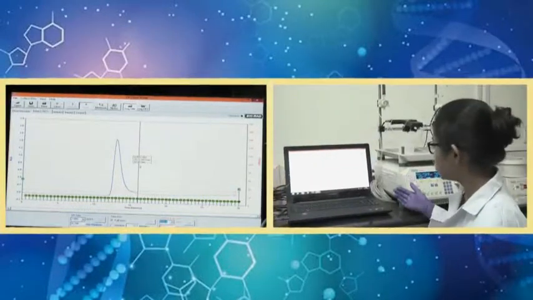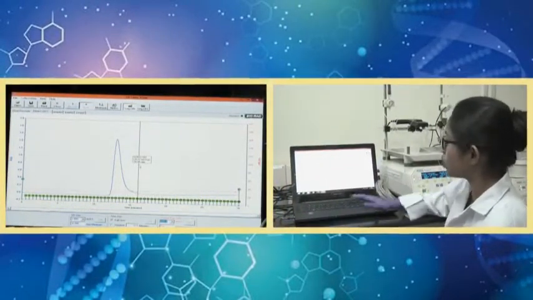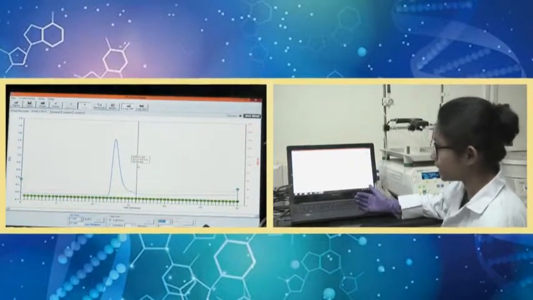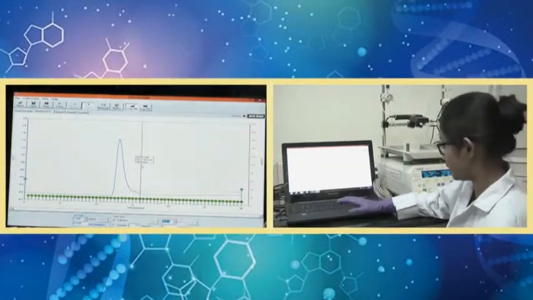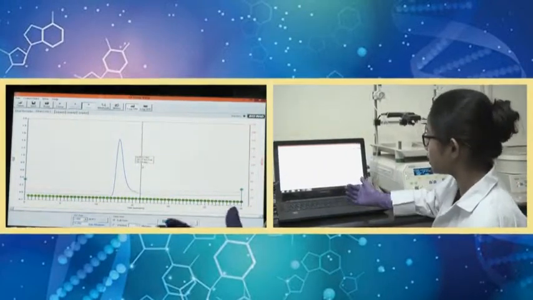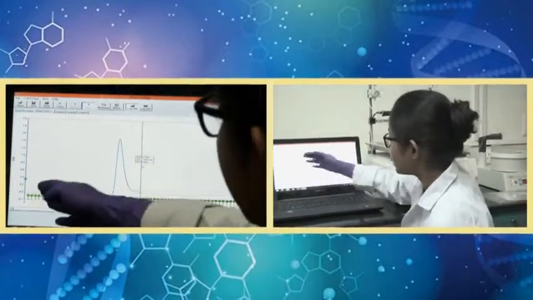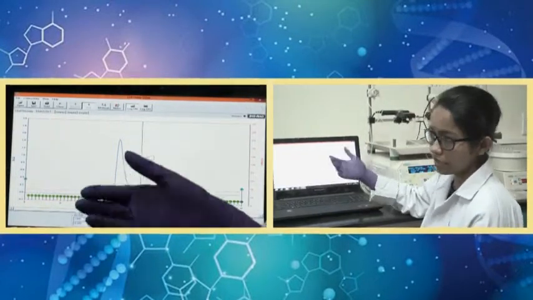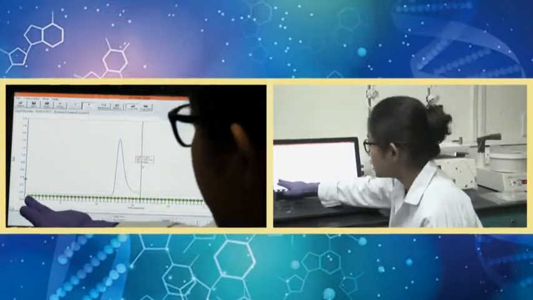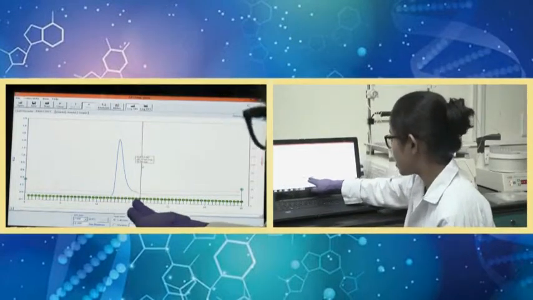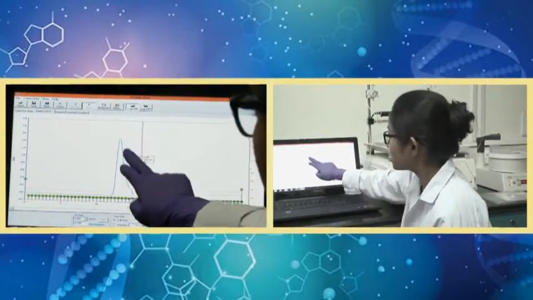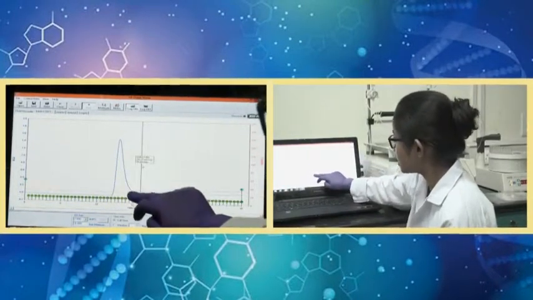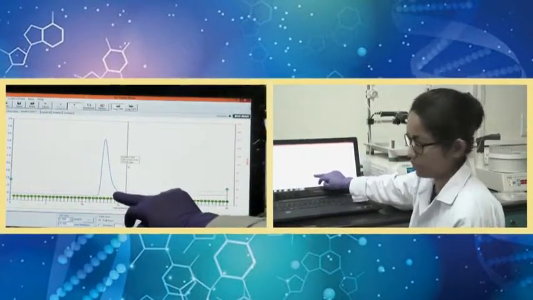As I mentioned before, the whole procedure can be monitored via this computer, where it will collect the data from the absorbance, also the conductivity. Here I am showing already a graph where I have increased the concentration of imidazole at a particular gradient, and you can see these numbers mean at which fraction there is a spike at the absorbance level. So, the blue line actually denotes the absorbance value at 280 nanometer.